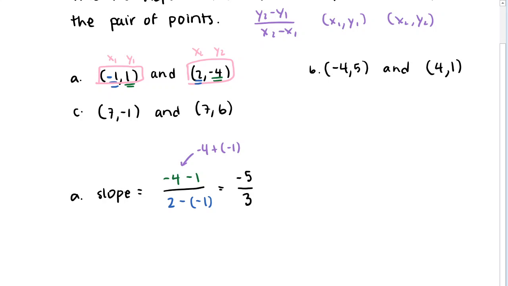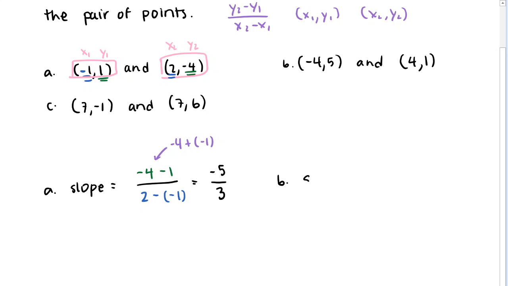Okay, so let's do another example. Here's b. We want to find the slope. It's the change in the y values divided by the change in the x values. Here, I'll just go ahead and show you, maybe if we use this second point on the right, well, if we count this as x1 and y1, and we counted this point on the left as x2, y2, this formula should give us the same slope as if we did it in reverse. So here we've got the change in the y value, so y2 minus y1, this is 5 minus 1,